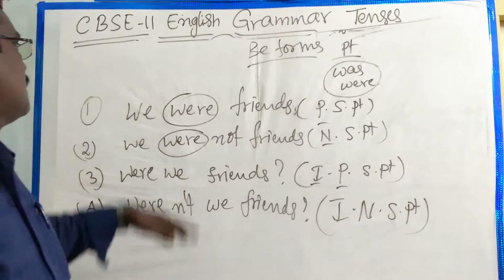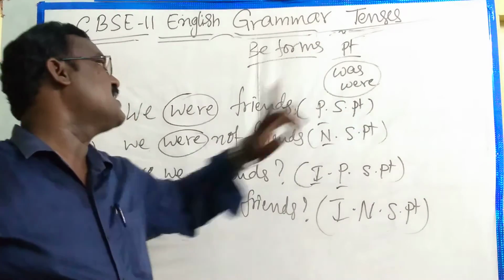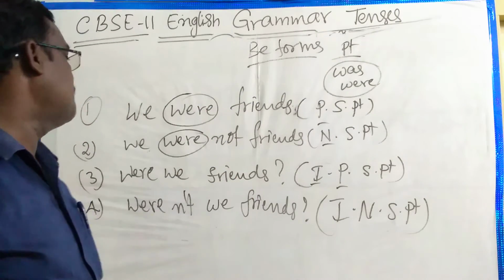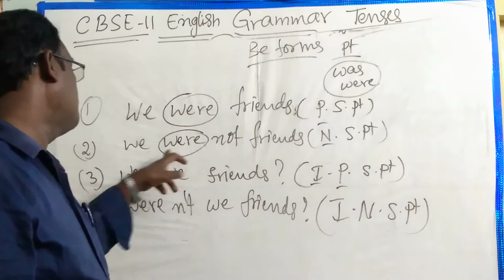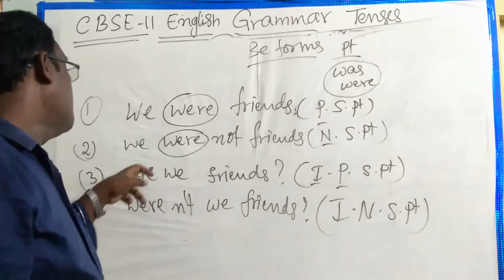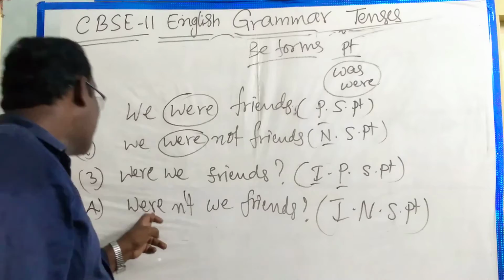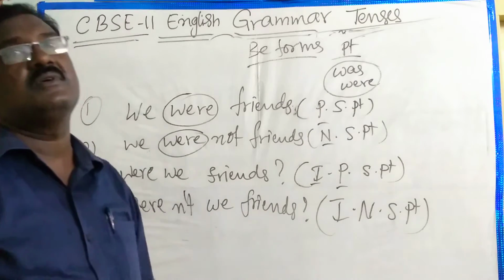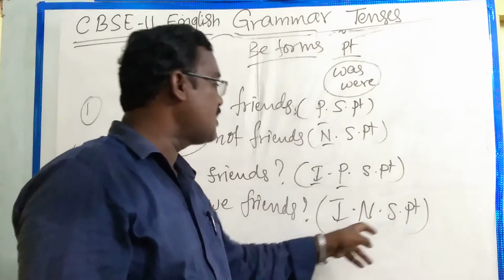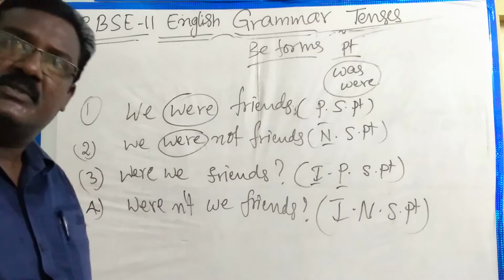My dear students, so here in past tense, positive, simple past, past to be forms. Were means past to be forms. Here, positive, negative, these are interrogative sentences. This is positive, this is negative. These two are interrogative. That's why interrogative positive simple past tense, interrogative negative simple past tense, or negative interrogative simple past tense. Anyway, we can say. Now we are going to learn